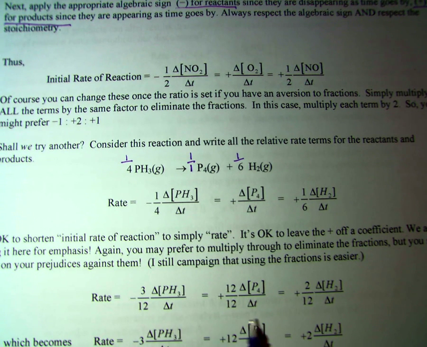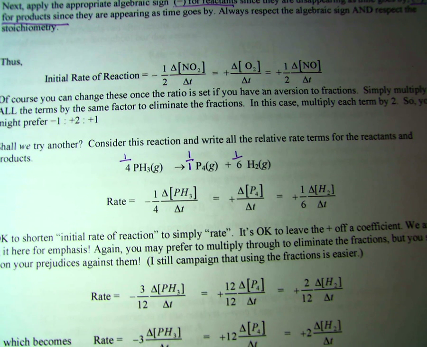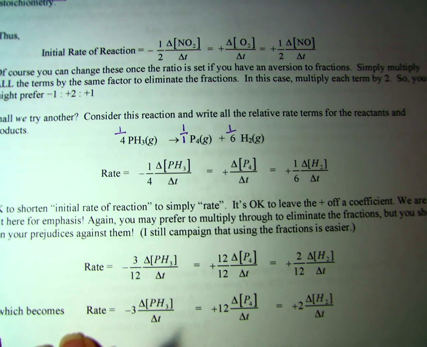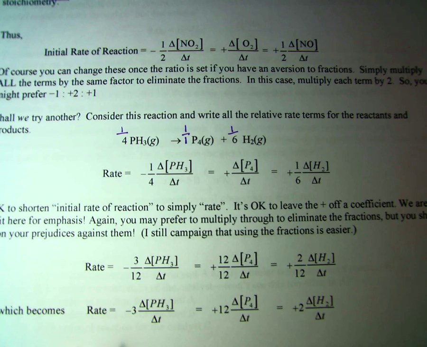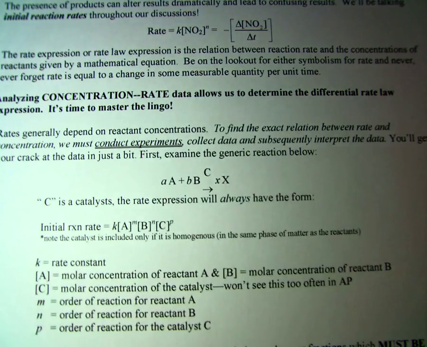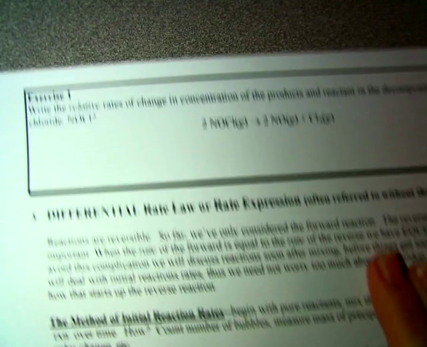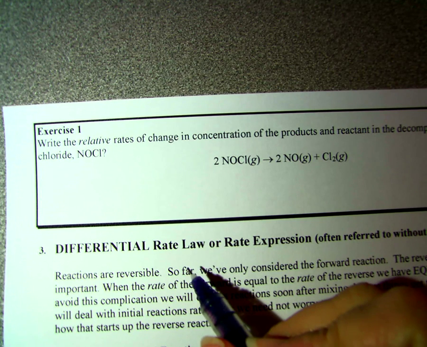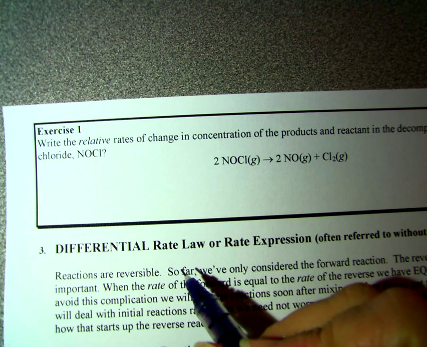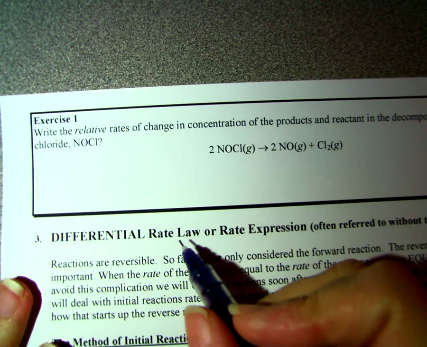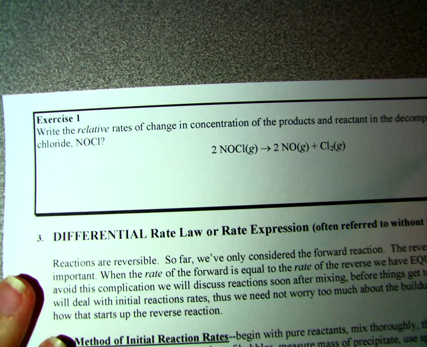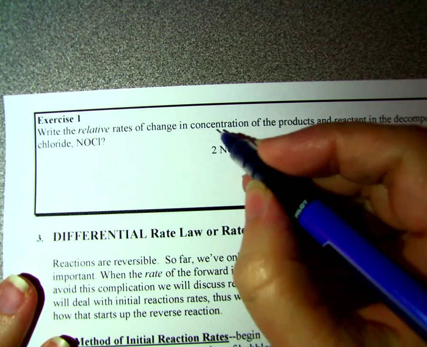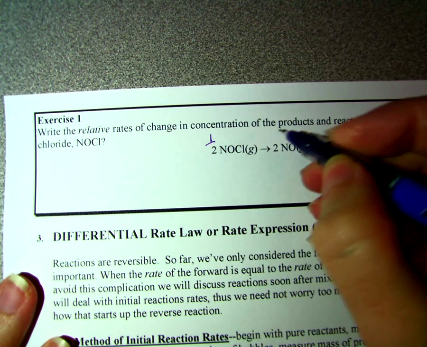And you can read the rest of that if you want to about how you can change it out of a fraction, but to me that's just a lot of steps for no reason. Last thing is exercise 1 here. It says write the relative rates of change in concentration of the products and reactants in the decomposition of nitrosyl chloride, NOCl. So we just make this as a fraction,